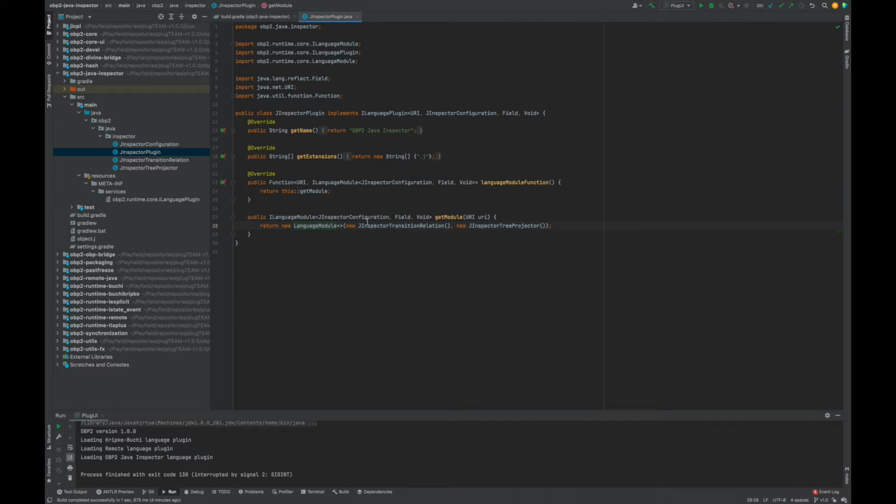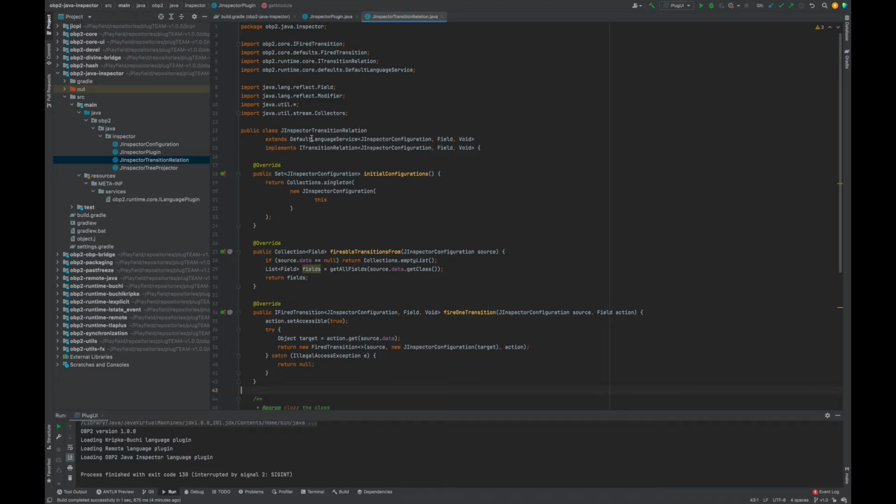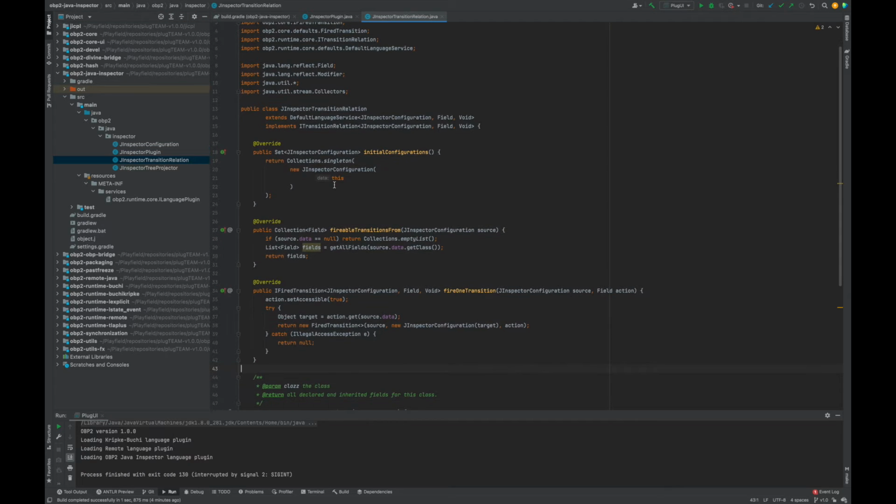And in our case, we'll do something very simple. We'll just instantiate our transition relation and a tree projector. The transition relation will hard code for now the object that we are going to inspect, and it will be the transition relation itself, the G-inspector transition relation itself. So we put this here in the configuration, and the initial configuration will be a singleton with this configuration